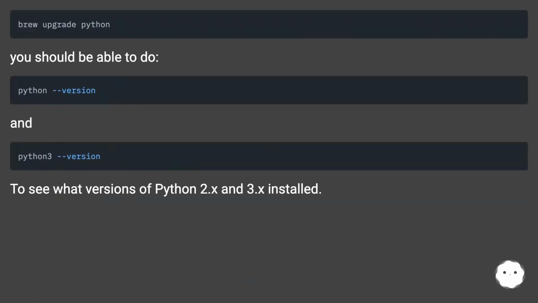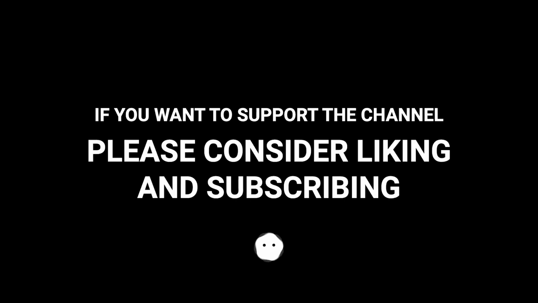if you run, you should be able to do. And to see what versions of Python 2.x and 3.x are installed. Here's the